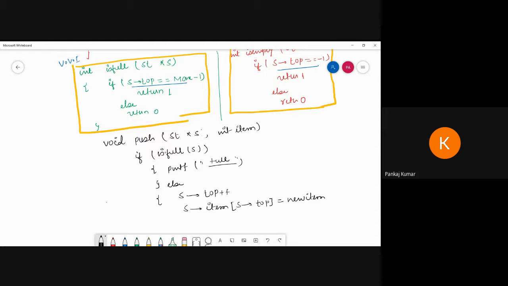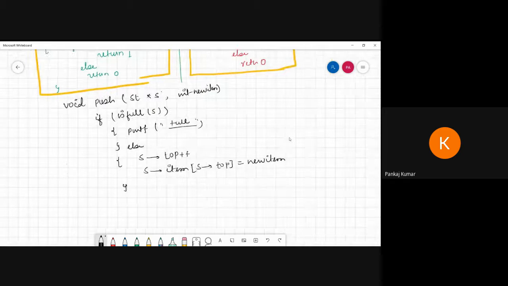So here also put new item, don't be confused. Here we are passing the new item, and this one is closed. So that is the code for push.